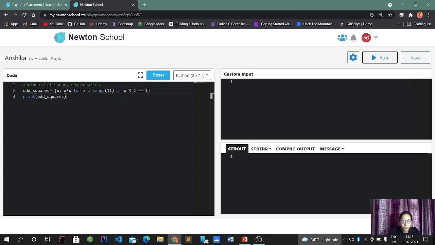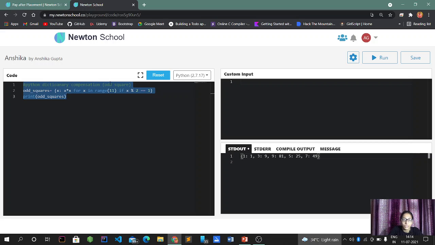Okay, what is the x in, okay, that was one of the mistakes. Here I didn't write the n, so the problem was coming. Now the odd squares will be 1, 9, 25, 49. But if it is not divisible by 2, if x mod 2 equals 1, that is how the comprehension has been done. So if the body structure is the same, now it's the odd squares, okay, resembling odd squares.